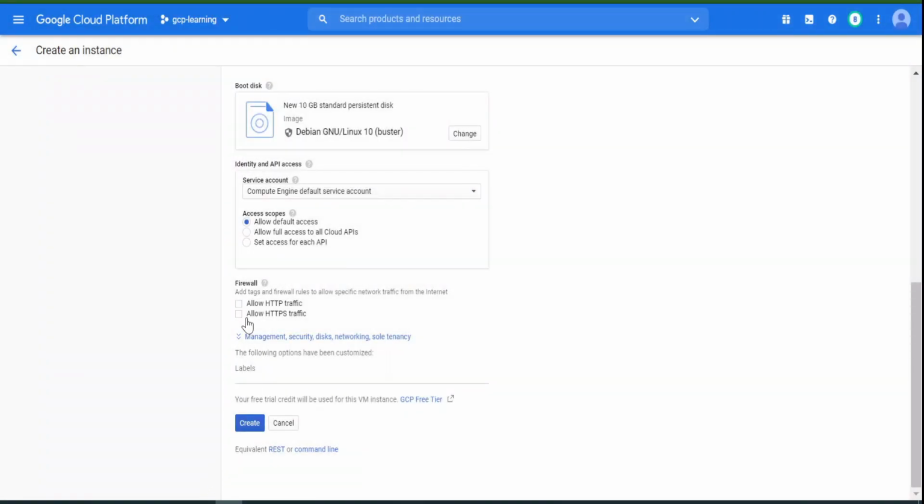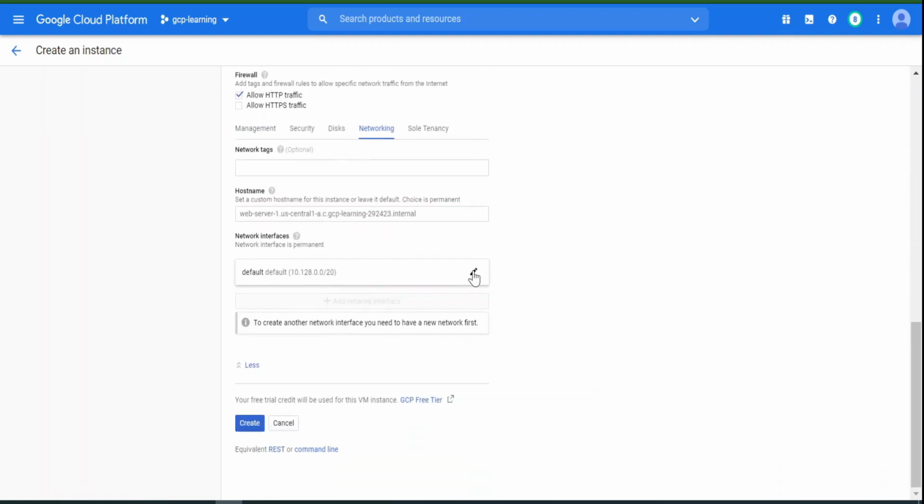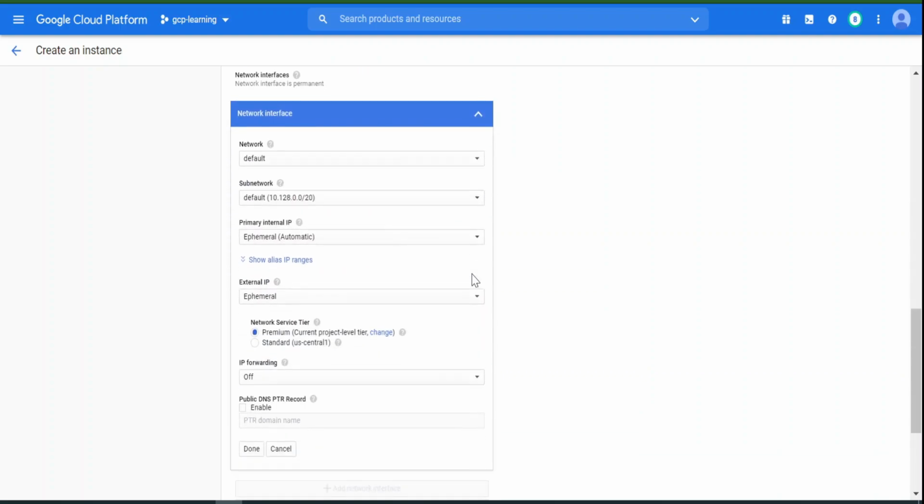I will also allow HTTP traffic for this VM so that we can connect to the web server running inside this VM from local machine. To assign the ephemeral IP address to this VM instance, expand the networking section, expand this as well. And here you can see that by default, ephemeral IP address is already allocated to this VM.